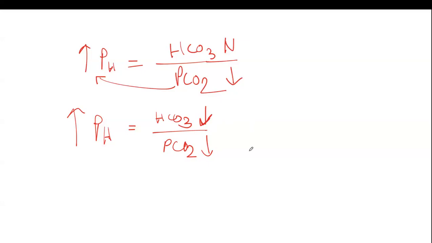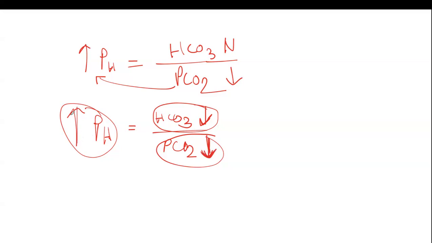What is the main problem? Is it PCO2 causing the high pH, or is it the bicarbonate causing the high pH? What do you think? If you remember the math, you will understand what I'm talking about. PCO2, right? Because if the denominator decreases, then the ratio increases. So it is the PCO2 that's the main problem. So we understand that it is respiratory alkalosis